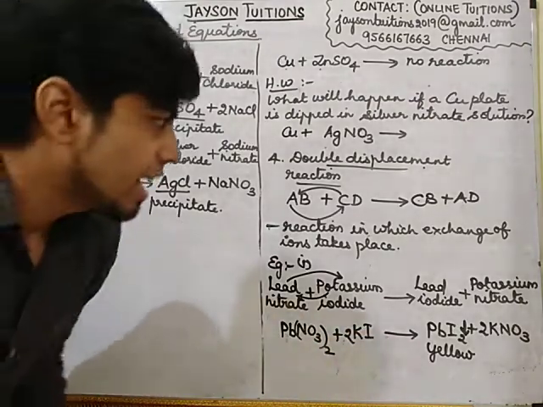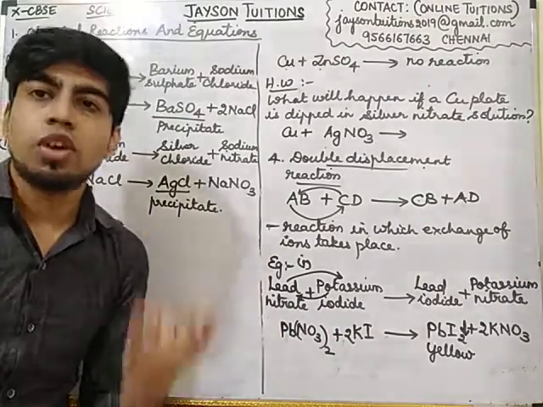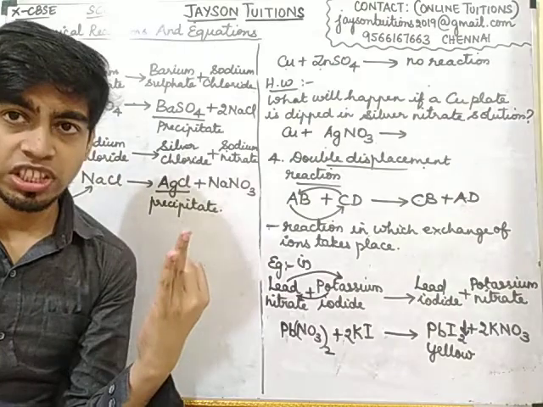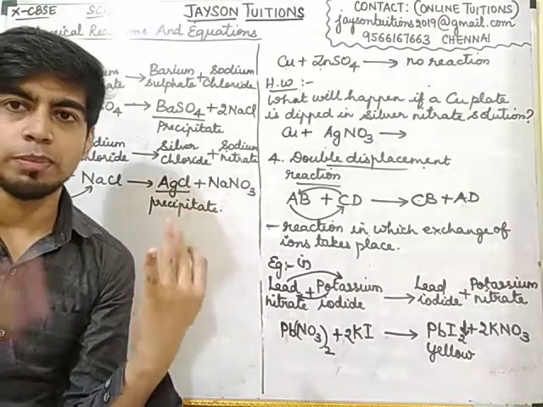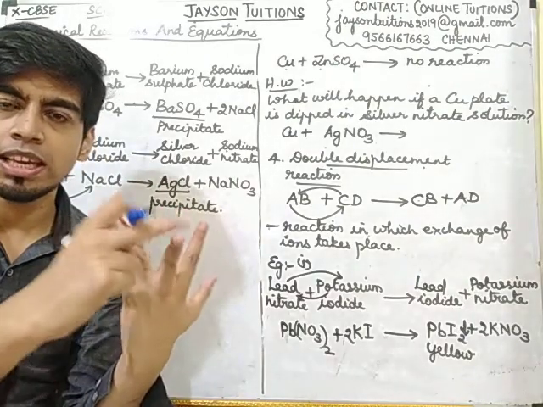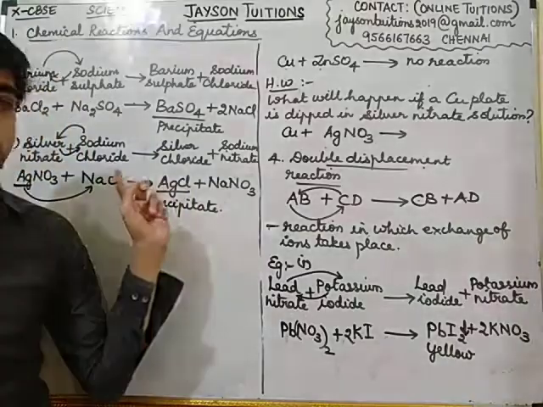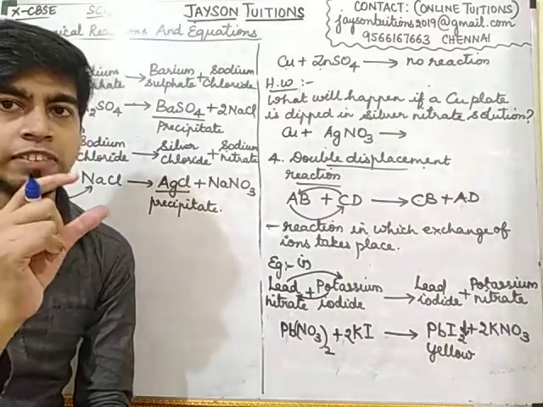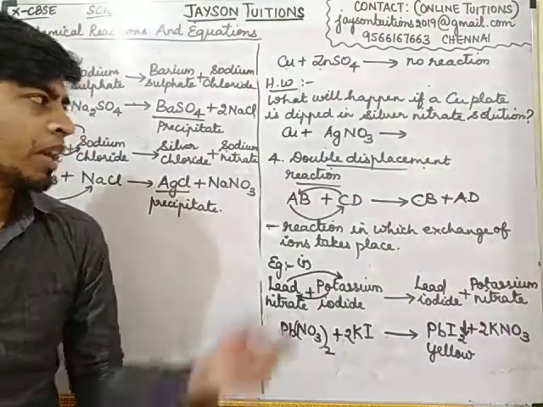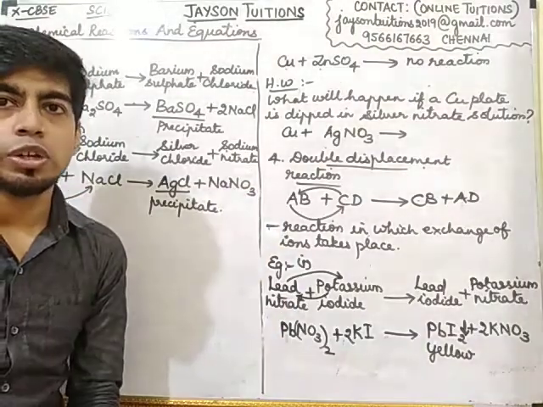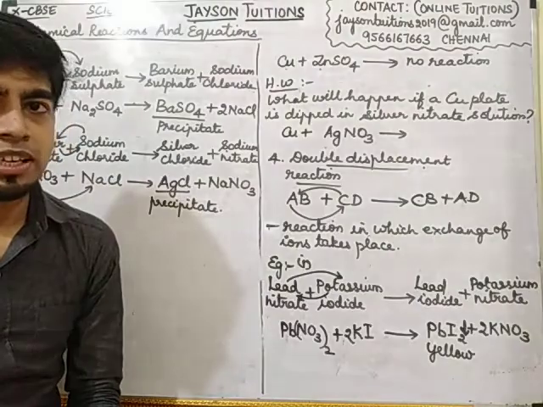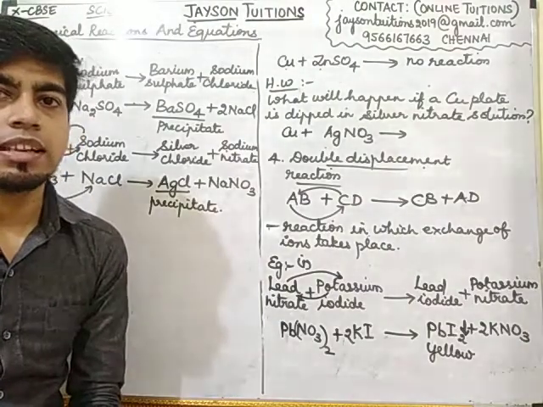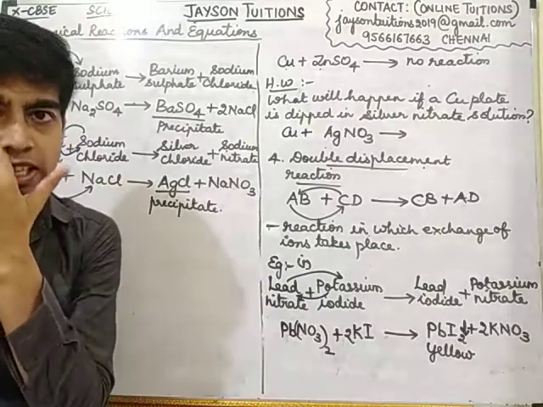In the previous class we completed combination reaction and decomposition. In decomposition we studied three types: thermal, photochemical and electrolytic. I also told you about displacement reaction, in which I told you about the reactivity series, which you have to learn by heart. And then at last I told you about double displacement reaction. The remaining things we will continue in the next class. In this video I am stopping with this.